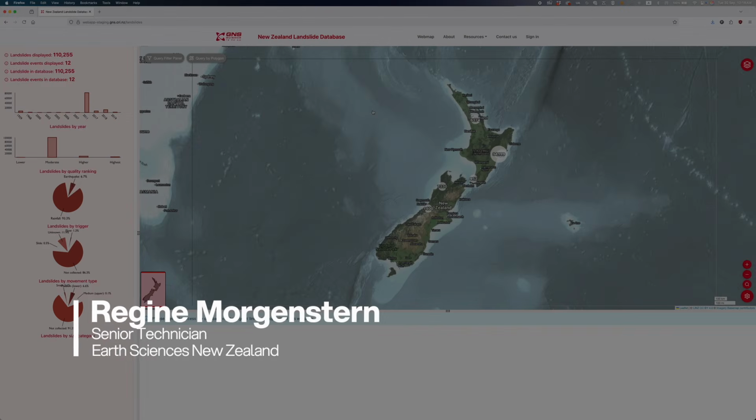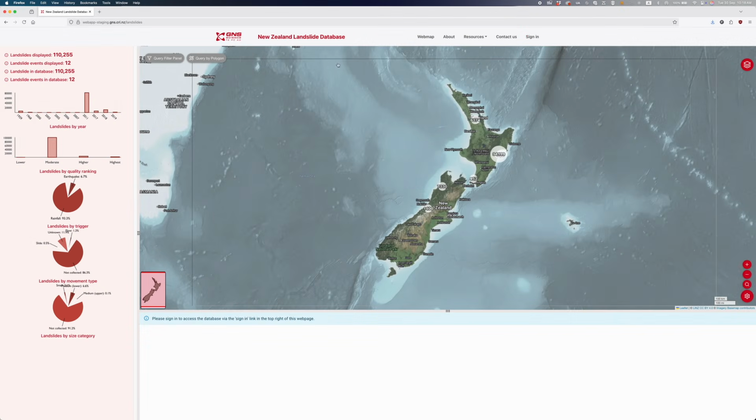Regina will now take you through a tutorial of the New Zealand Landslide Database and how to explore New Zealand's landslides. Let's get started. When you first come to the web map and you're not signed in, you will see